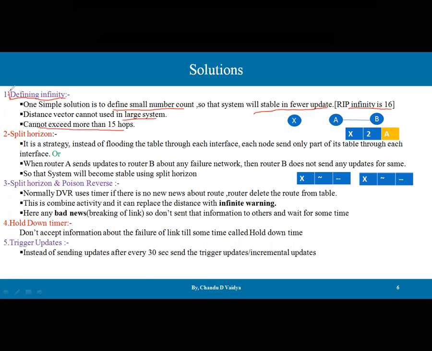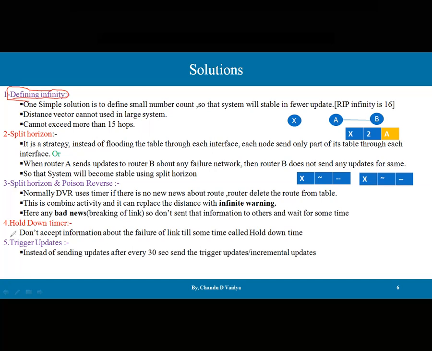So here, definite infinity means there is a bound on the number, so that if R1 and R2 are there, it limits how many times they can exchange. They exchange up to 16 hops, 0 to 15, and there is no value beyond that. If in the first, second, or third iteration they cross-check and there is no value to exchange in our tables, why shouldn't we stop this scenario? So there is supposed to be a bound: 1 time, 2 times, 3 times the table is shared, and after that it is stopped. This is the first solution.